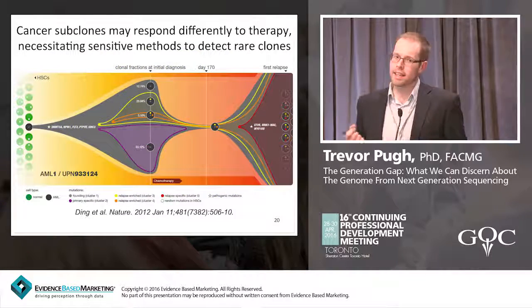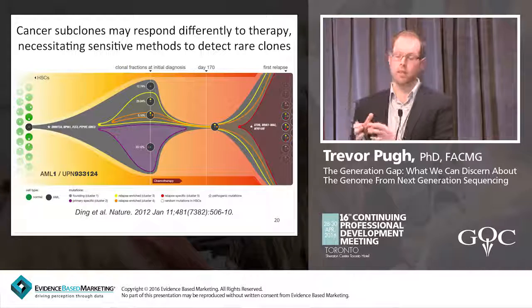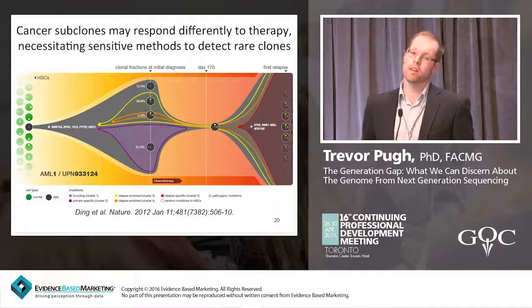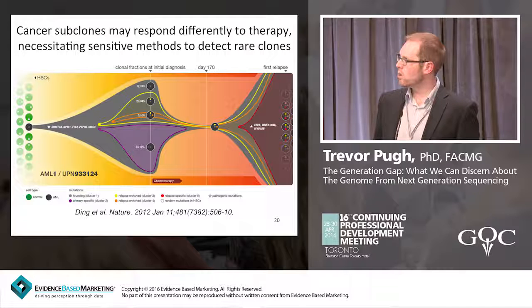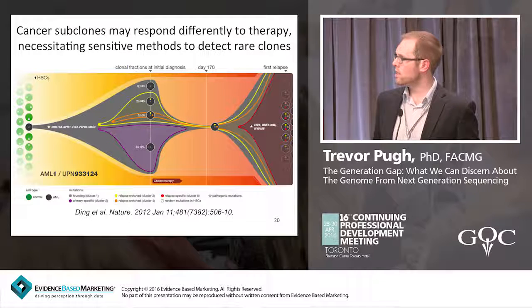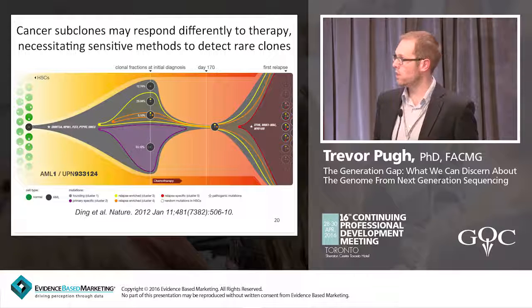And the reason this is important is that cancer subclones, so populations even within the cancer cells, may respond differently to therapy. And this is actually a nice example in leukemia, where you start with the progenitor cell, it acquires additional mutations, and then within that cell population, there are actually subclonal specific mutations. So this cell has an orange mutation, this cell has a yellow mutation that's shared with this other clone. Here's this purple clone that has mutations totally private to itself that actually make up the bulk of the tumor